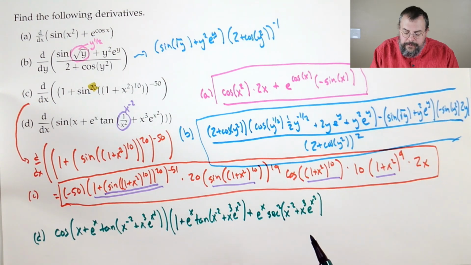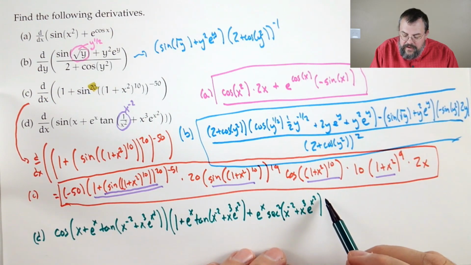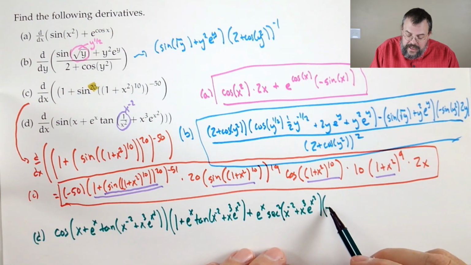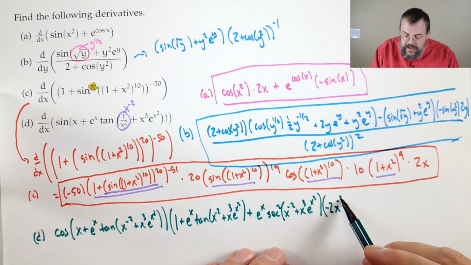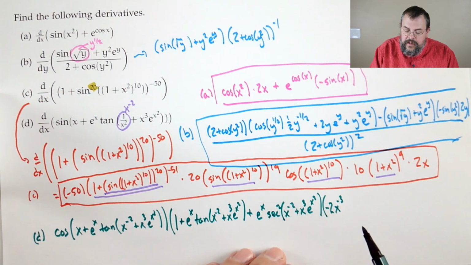But we're not done with this piece yet. So, now I've got to multiply it by the derivative of the inside. So, times the derivative of x to the negative 2. Well, negative 2 x to the negative 3, because the negative 2 comes down, x to the 1 less, plus,